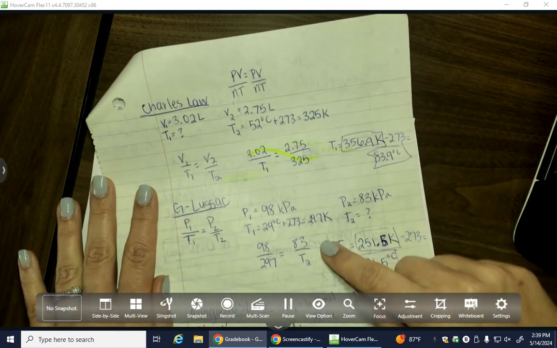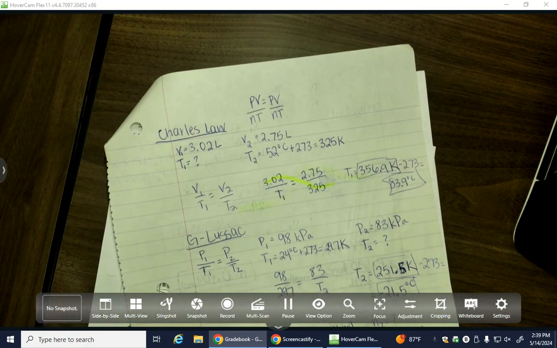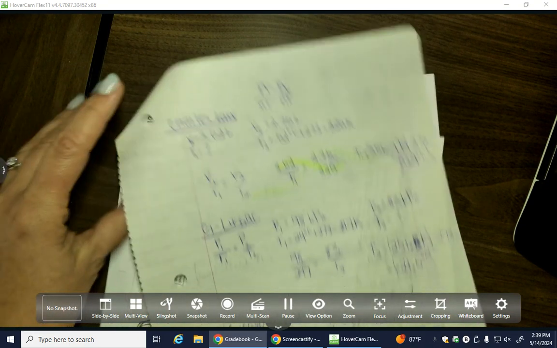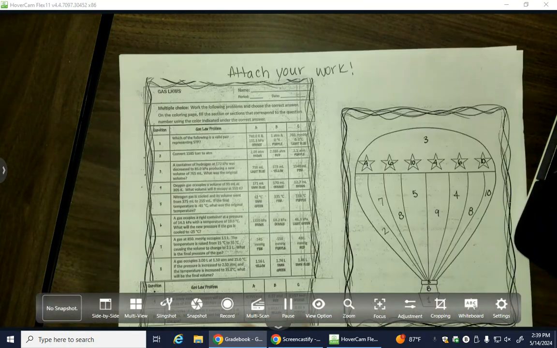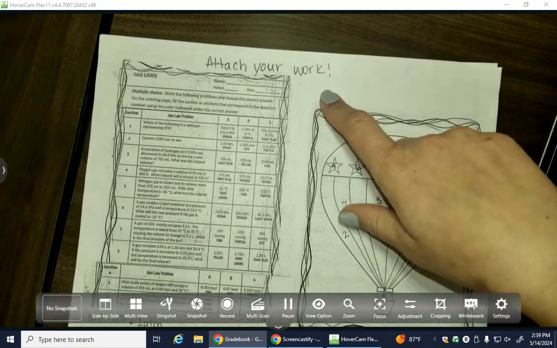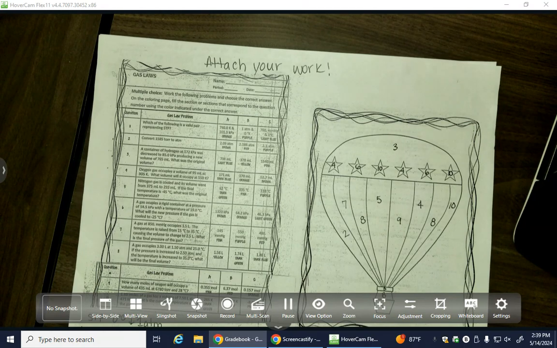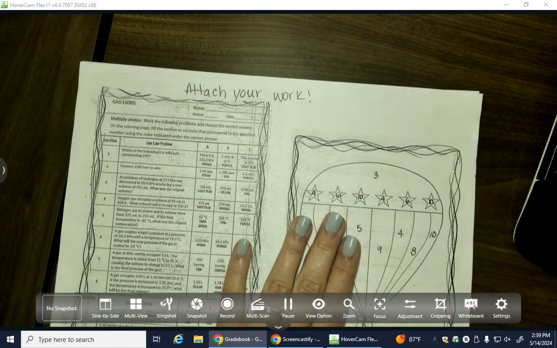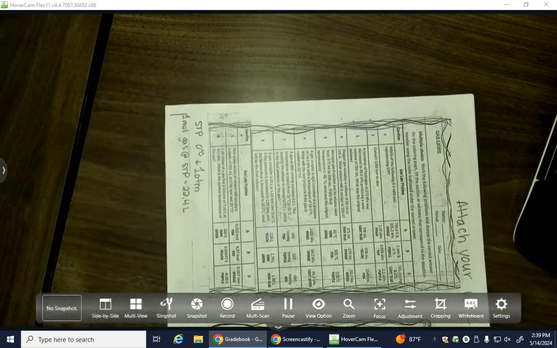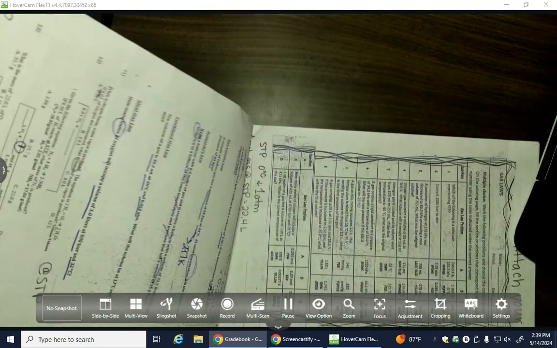basically ran through an example of each type of calculation. That's what you guys have on your own paper. I encouraged you to write it on a separate sheet of paper, and that way you can attach it to this, and when you turn it in, I'll give it back to you on Thursday, and we'll go from there. So your goal is you are turning this in today, okay? So with this,